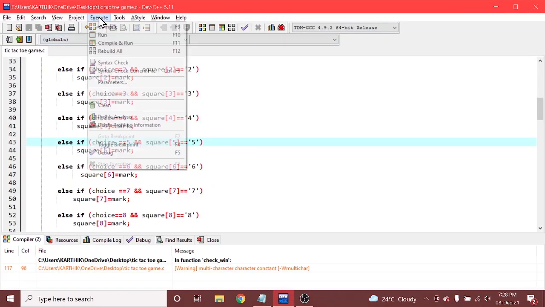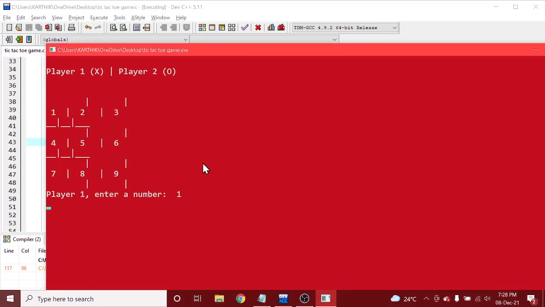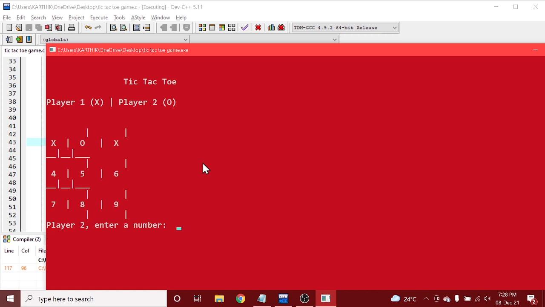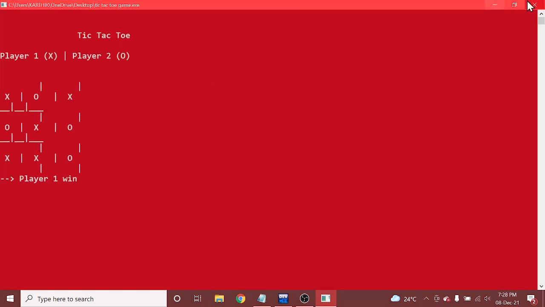Let us look into a simple draw case as well, right? 1, 2, 3, 4, 5, 6. Let me tell 8, 9, 7. So again, player 1 has won, right? You can check the diagonal elements are the same.